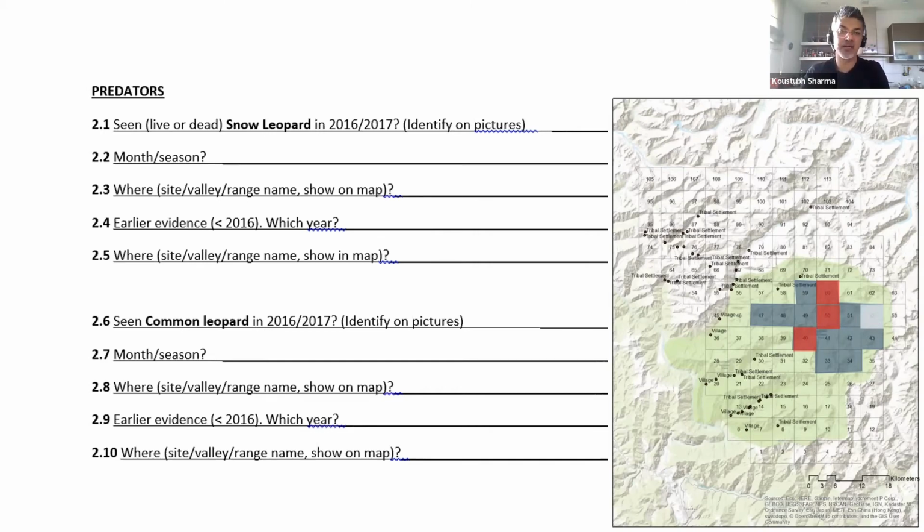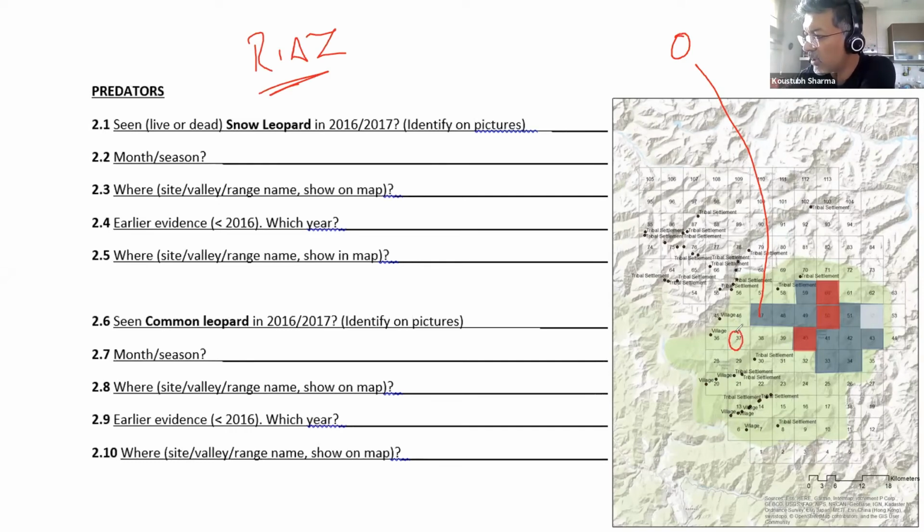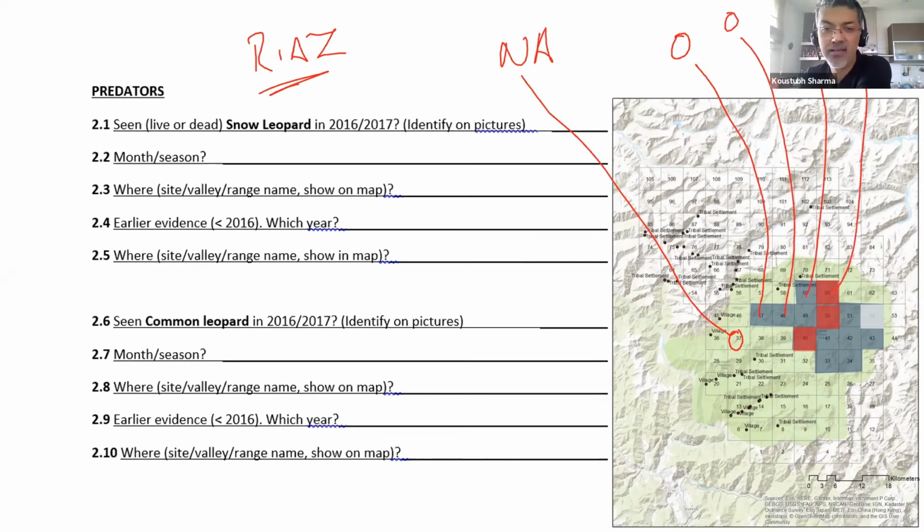Now that becomes our detection data. What happens here is every little grid which hasn't reported a detection becomes a zero. For that person, let's say this person's name is Riaz. Mr. Riaz has been interviewed right now. Now, Mr. Riaz has not surveyed grid number 37, but Riaz has surveyed these grids, and in these grids he has ended up with a zero. He has also surveyed this grid, but here he has ended up with a one. Now you look at it carefully.